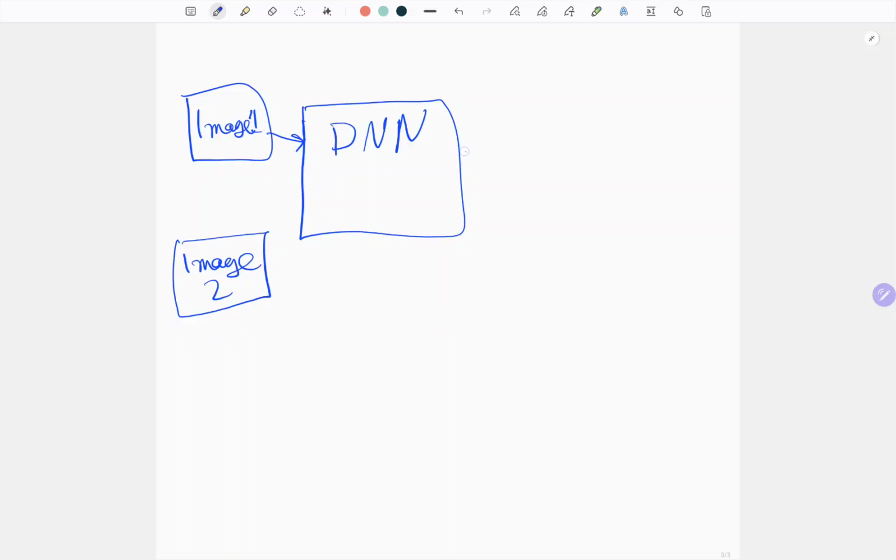We pass image 1 to this network and get embedding E1, then we pass image 2 to the same network as input, and as output we get the embedding E2. Then on top of this we have